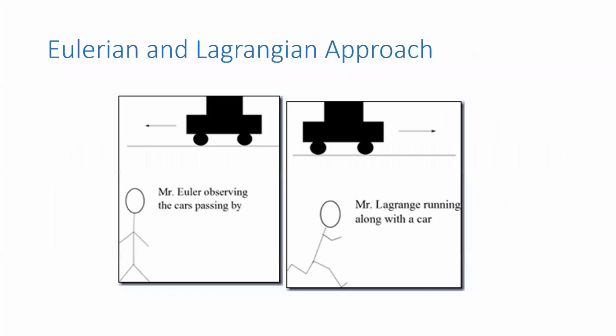Okay, now we will understand what is Lagrangian and what is Eulerian. Now let's assume for a second that you are Mr. Euler, and also assume for our convenience that cars have been invented already, almost 100 years before they were originally. Now you are standing on a street in Basel and observing the cars passing by. You want to understand the motion of the automobiles passing by, and you can do that in various ways, but you decide to do it in the following way.